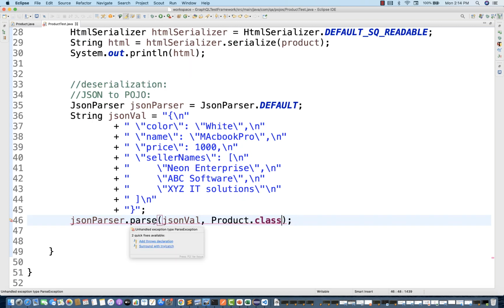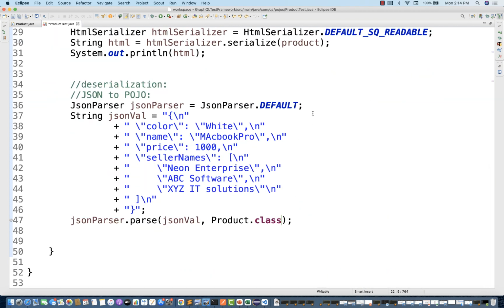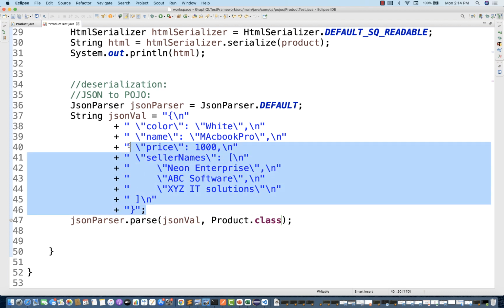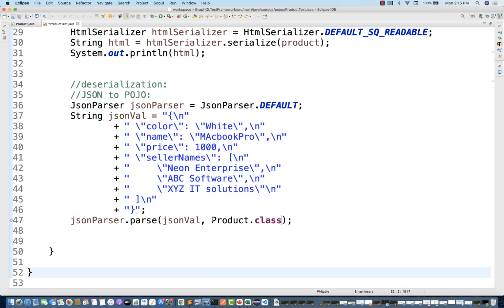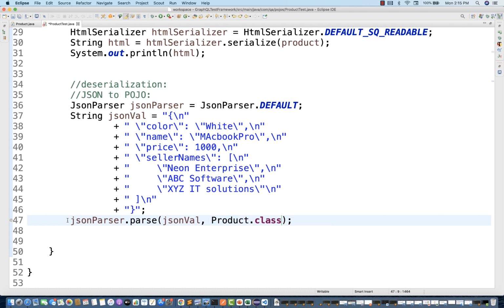And then let's see, it is giving you an add throws declaration. So simply add it, a parsing exception is coming, then it will throw the parse exception, and then this will give you the result. See, you are converting this entire JSON, which is coming from your API response, and mapping it with the product class. So obviously you have to store it inside the product class reference because it's giving you a product reference now. So let's see, this is my product. Let's say product 1 is equal to this, or let's simply write pro over here.